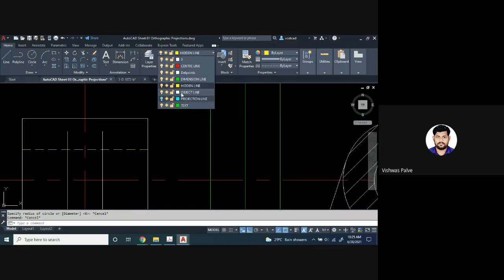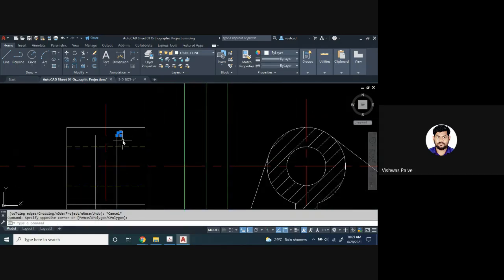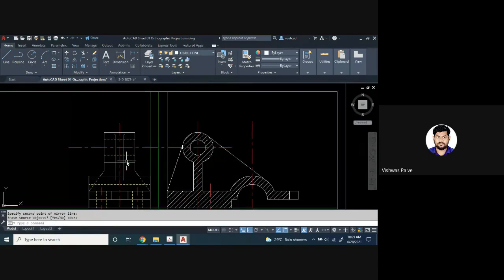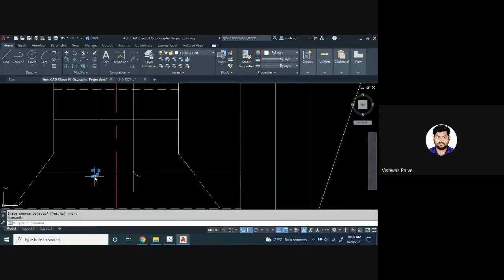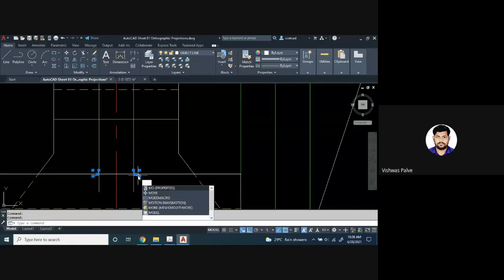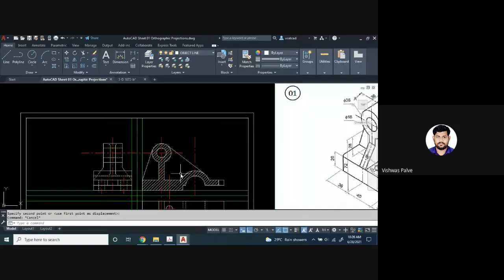I will use the object line. Okay, so that curvature also I have drawn.